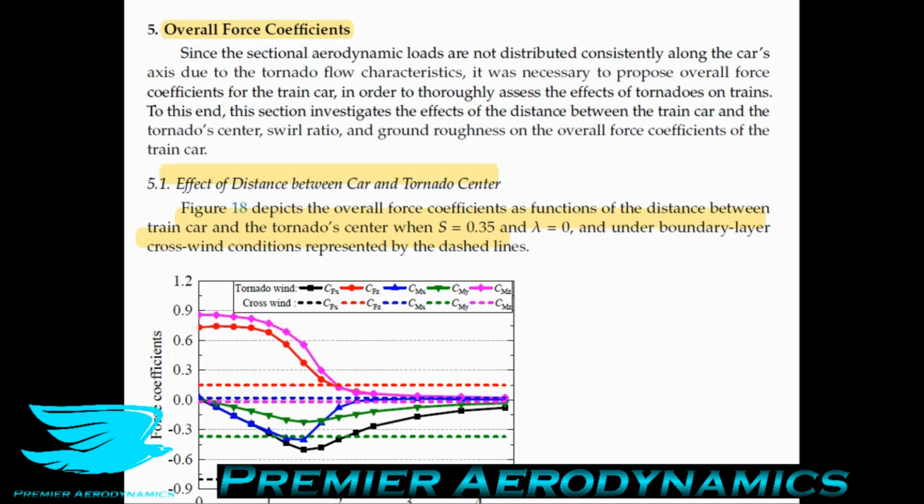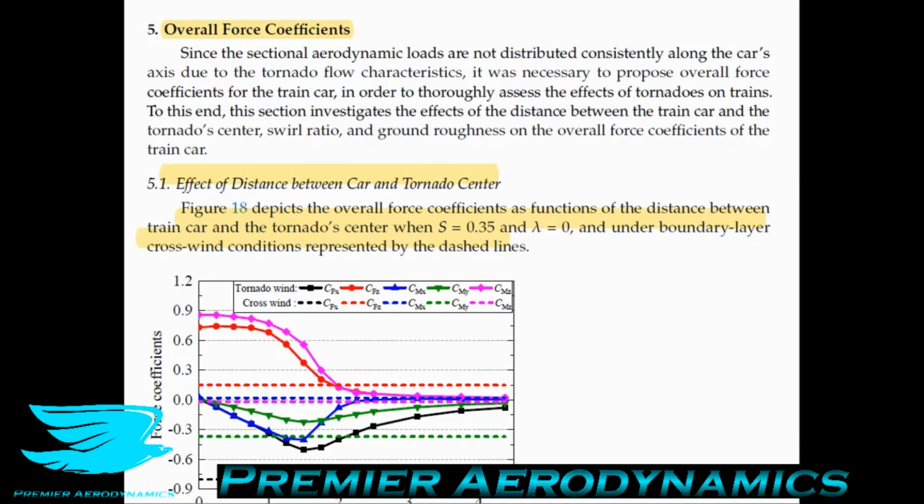This is Parents Podcast number 78, and today we're looking at the second half of this podcast series. Now we're looking at the effects of tornadoes on train aerodynamics. So in podcast number 77, we looked at how to make a tornado with trains in a wind tunnel. So now we're going to finish this off by looking at actually the effects of tornadoes on